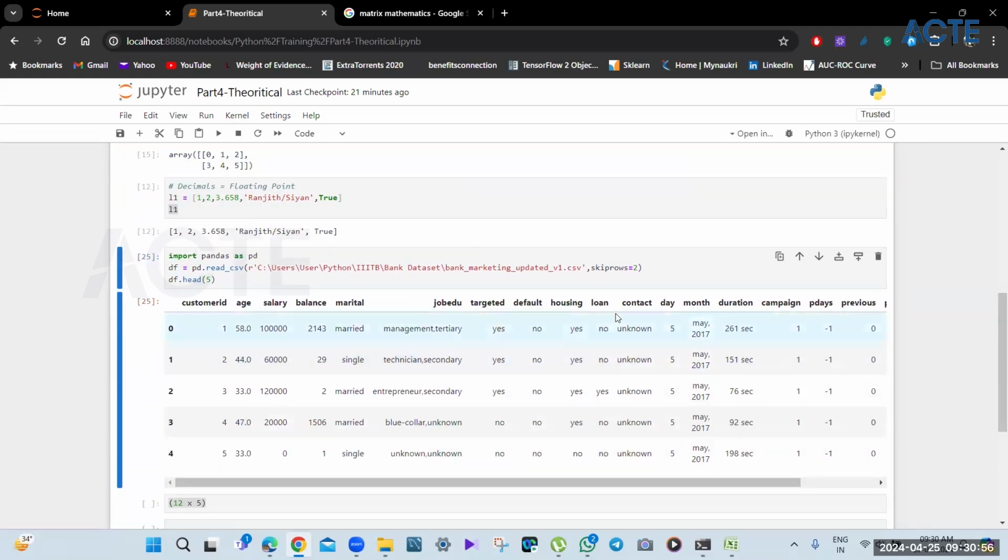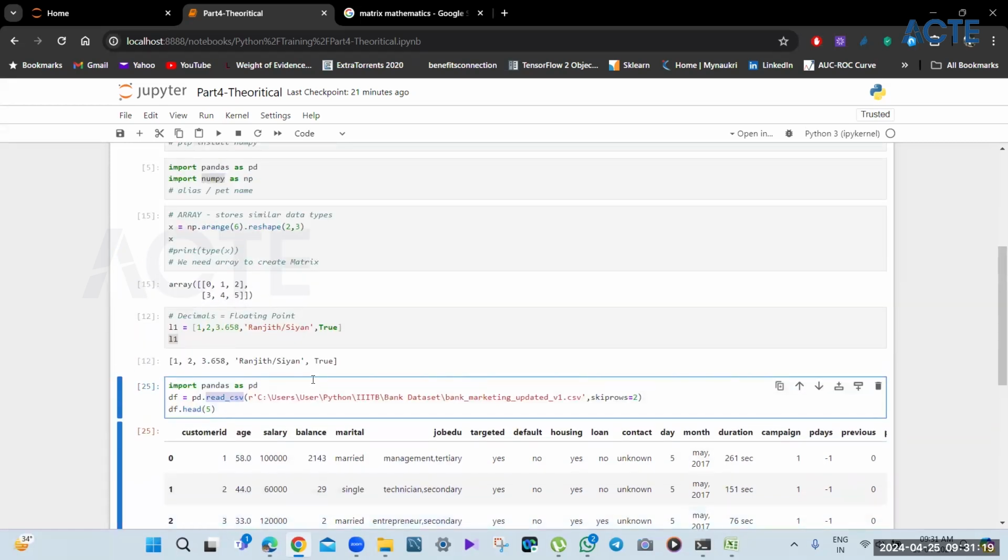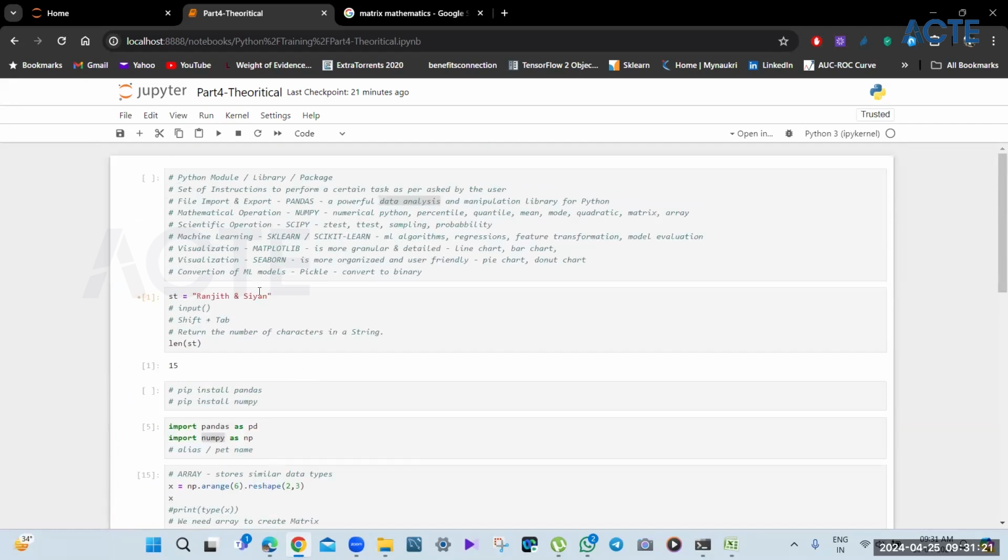We can use NumPy to do calculations and all of it. We will talk in detail once we deal with a data frame. But understand what a data frame is and how we can import CSV files. We can do the same for Excel. Let's say there is an Excel file, we just need to change the function here to read_excel, and that will import the Excel file into the system. So that is what this is all about.